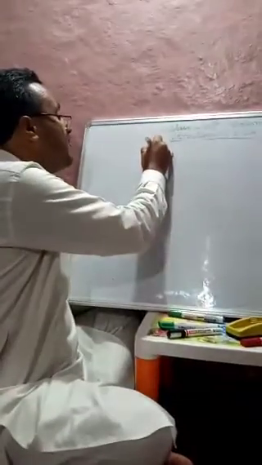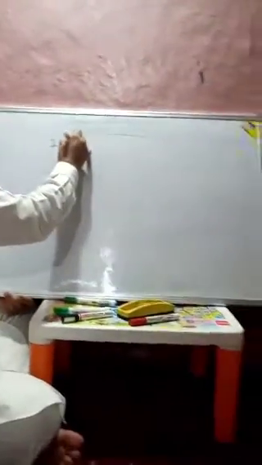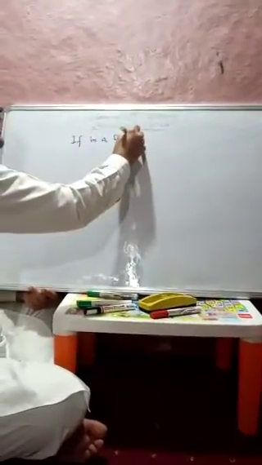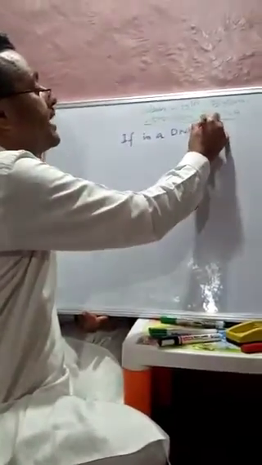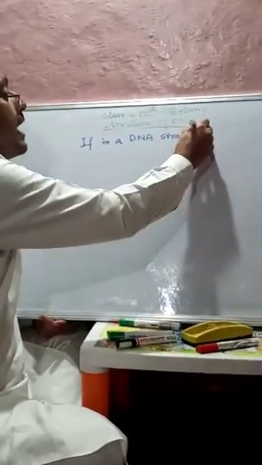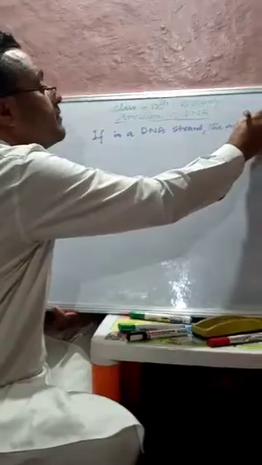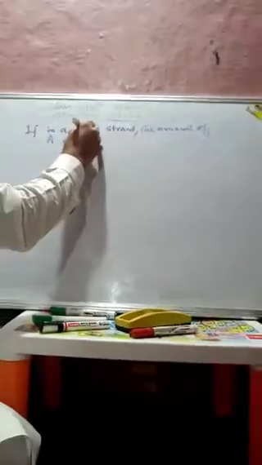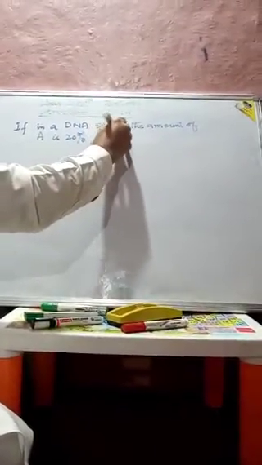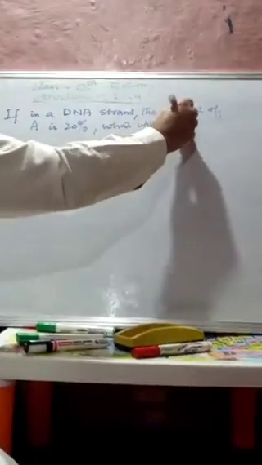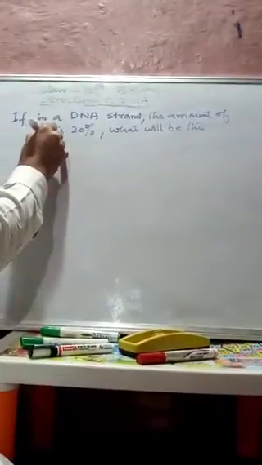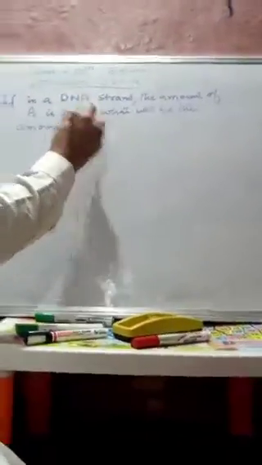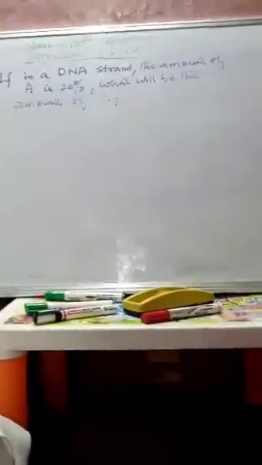In a DNA strand, that's a double DNA strand, the amount of adenine is 20%, what will be the amount of cytosine in this strand? On the basis of the base pair rule as well as Chargaff's rule,